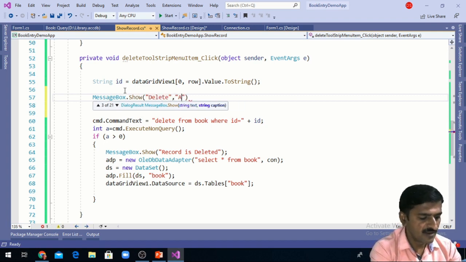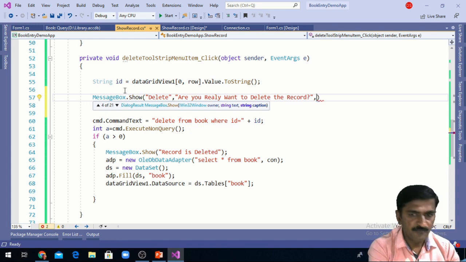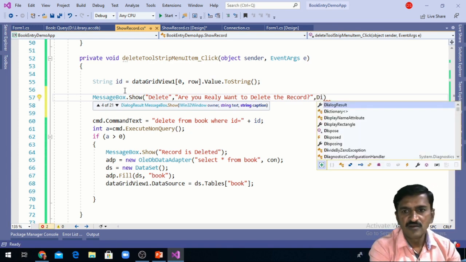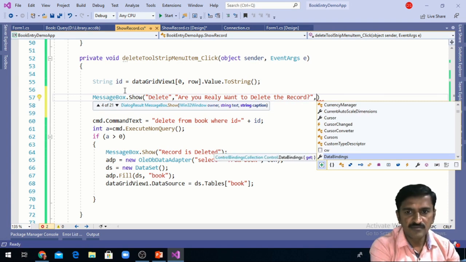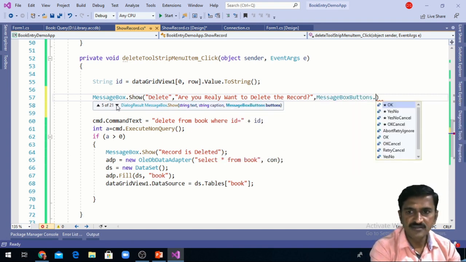Then, are you sure you really want to delete the record? Then I want to display the buttons, MessageBoxButtons dot YesNo.